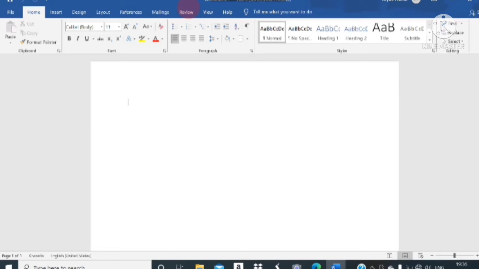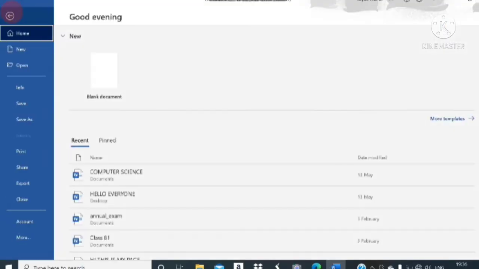These are the groups and these are the tabs: file tab, home, insert, design. When you click on the file tab, these will be showing: home, new, open, save, info, save as, print, share.